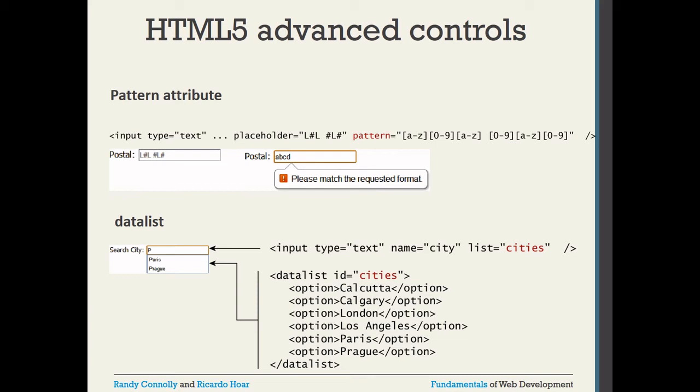And one more thing, that is very advanced controls only. You can create the data list, and that data list we can call by an ID inside the input box. So you see here one data list we created regarding the city. You create a data list with ID equal to cities, then option value you can put, this is Calcutta, whatever name you can put, and whatever the ID is, that ID we have to call as a list inside the input box. So input type equal to text, name equal to city, and list equal to cities. That cities is the ID of the data list. In that way also you can use this, again an advanced control for the input box.